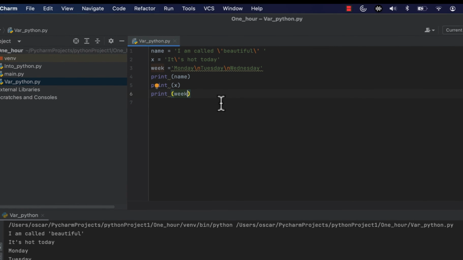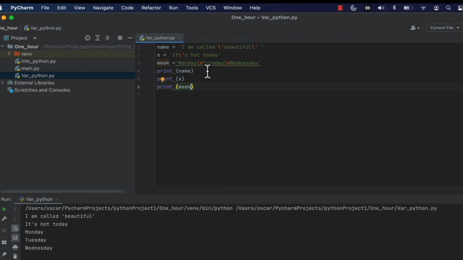See each one, if I put a backslash and n, it is going to the next line. So that's going to the next line, n is going to the next line. Let me